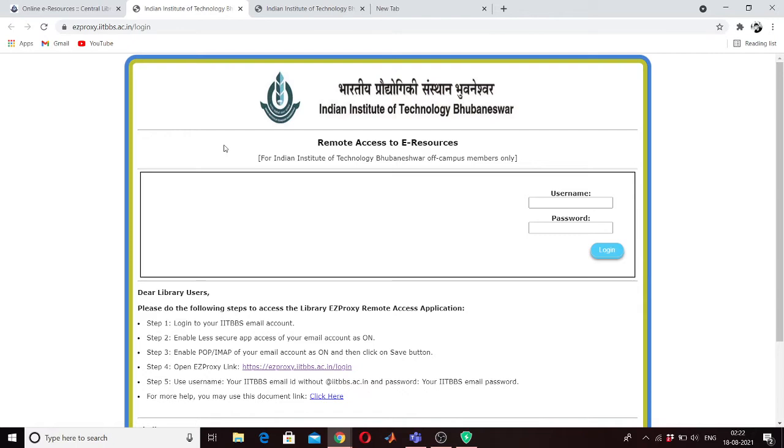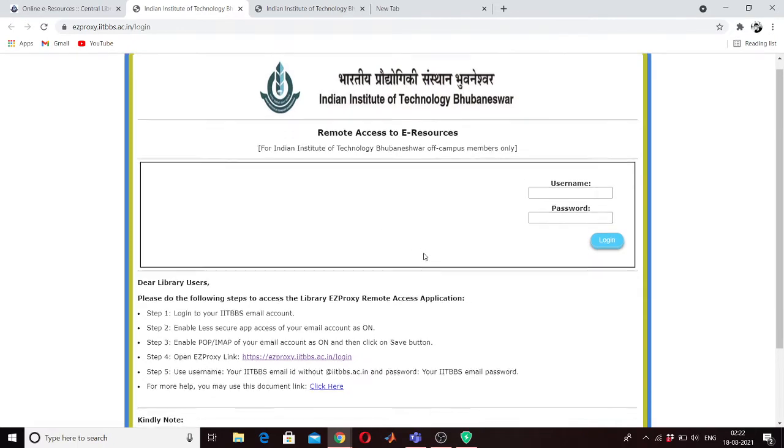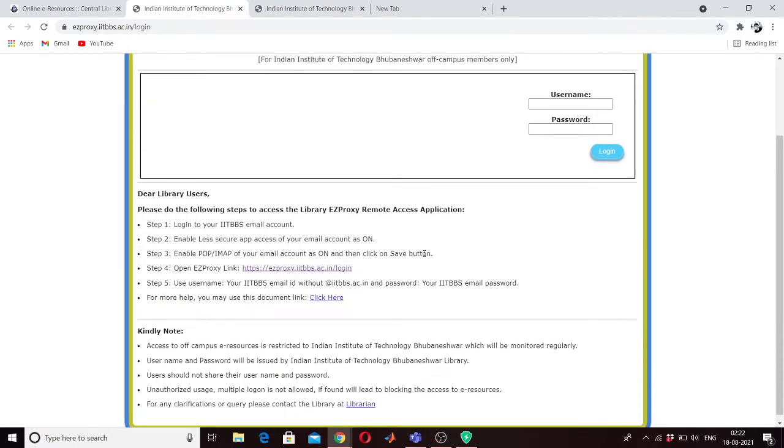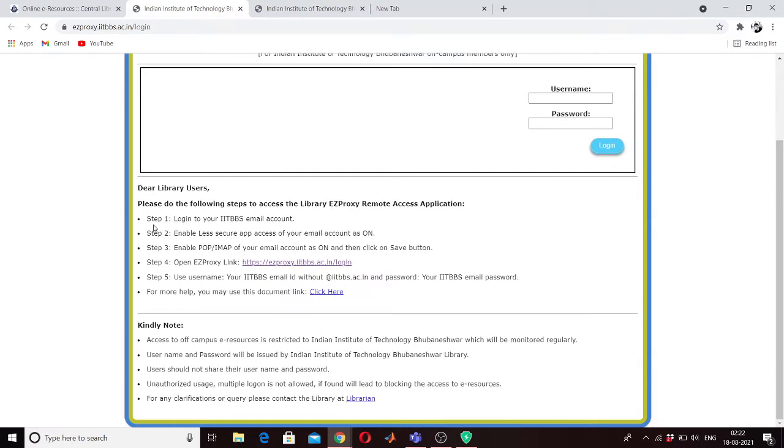After going into ezproxy.iitbbs.ac.in, it asks for the campus login with the login details of the campus, but there are a few steps that have to be followed to ensure smooth progress, because this access is given by Indian Institute of Technology. The pathway is not only through a Gmail account, but through the other pathway, which is the other server, which IIT Bhubaneswar gives us access to IEEE or any other website.